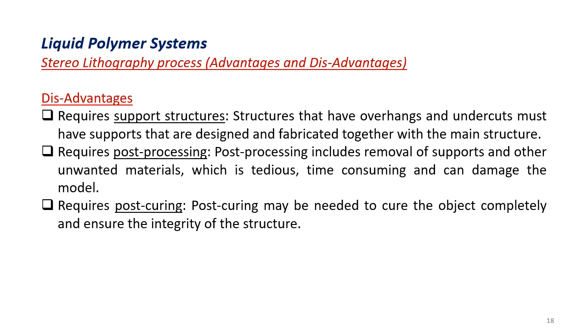The main disadvantage in the stereolithography process is the requirement of support structures. We have seen that whenever there are structures having overhangs or undercuts, they must have supports which need to be designed and fabricated with the main structure, because the product is developed in liquid resin. There is only one single resin, so using the same resin itself the support structures have to be made. Hence the designer has to take care about fabricating the support structures